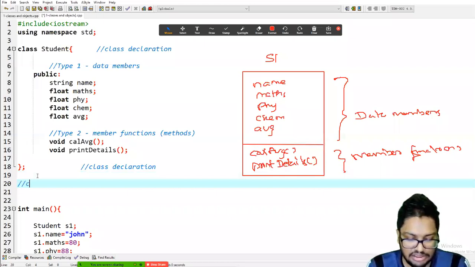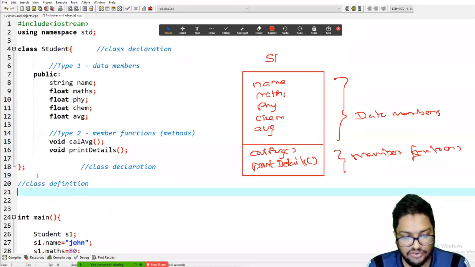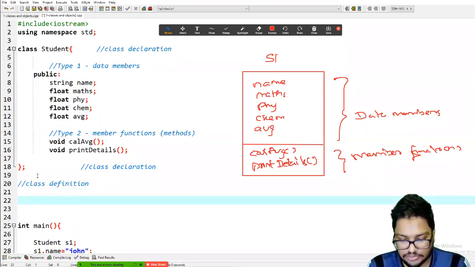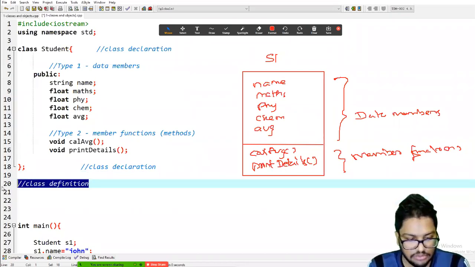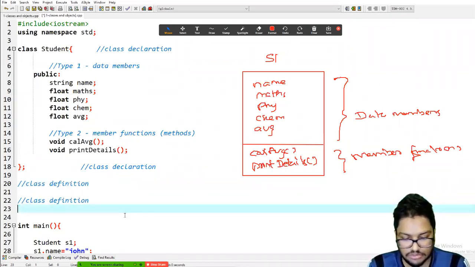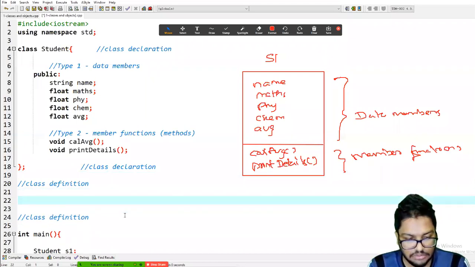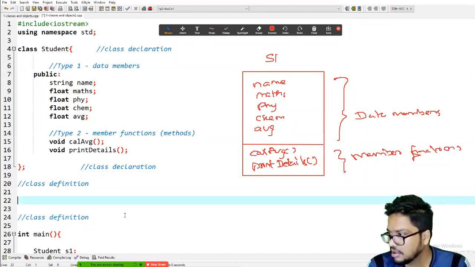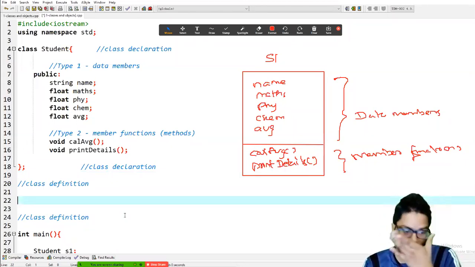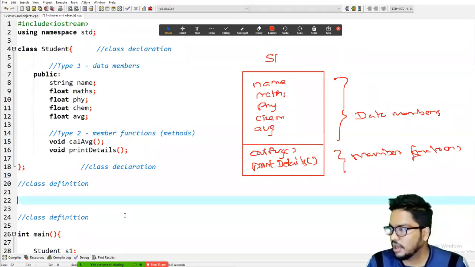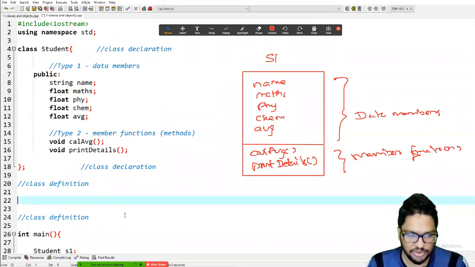So here, this is called the class definition. So this is actually where you are going to define the class. Understood?